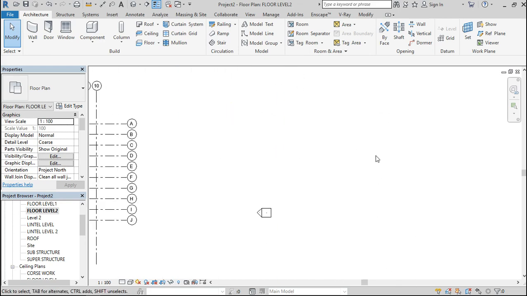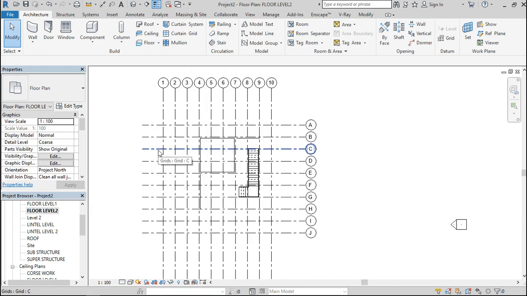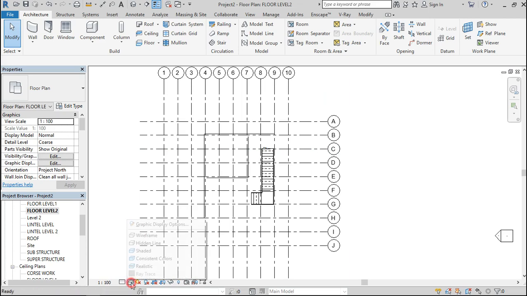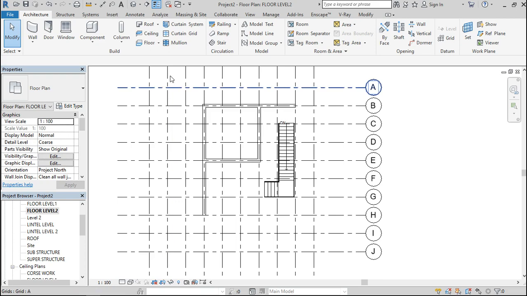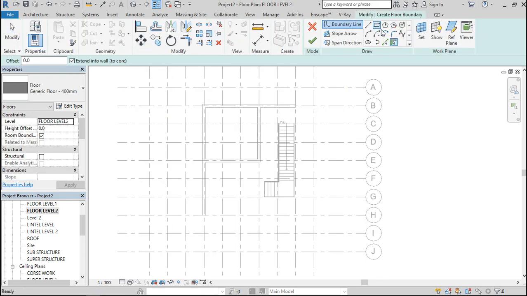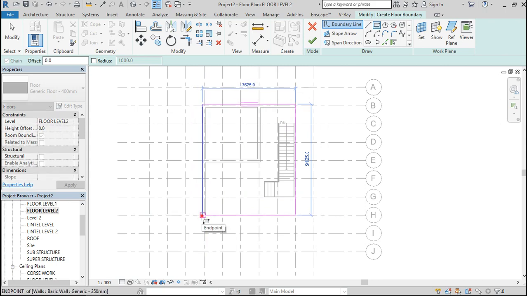Okay, I'm sorry. Now select wireframe for me to see everything and go to floor, open it up from here all the way to this end,